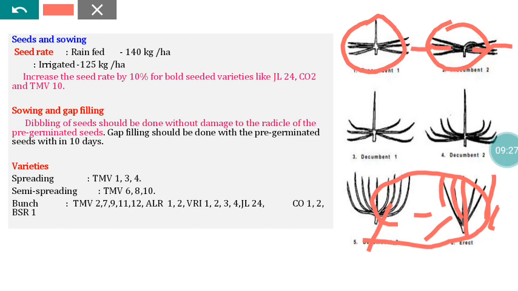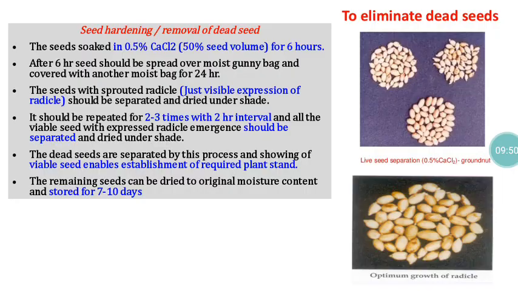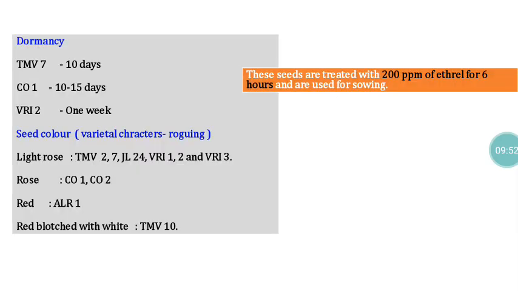Whereas here, that spacing we have to give more, and lesser seed rate, and population also less. So the semi-spreading type is in between the erect type and the spreading type. So these demand more space when compared to the erect type and less than the semi-spreading type. So the seed rate is almost equal in spreading and semi-spreading type. So this is a different type of groundnut based on the growth pattern.